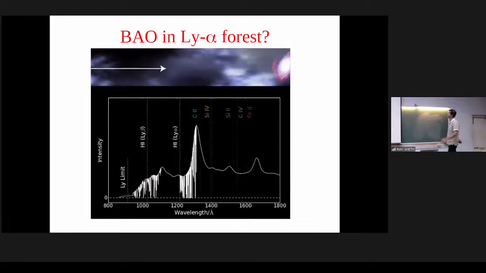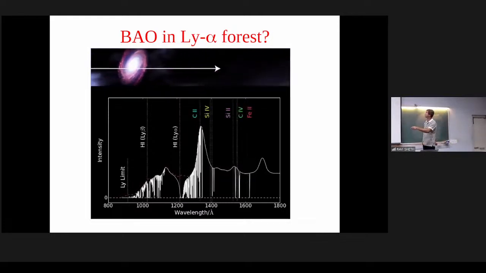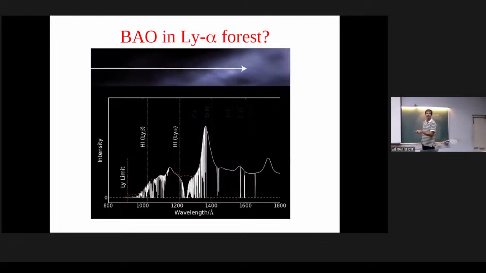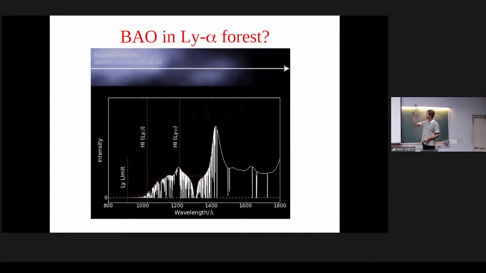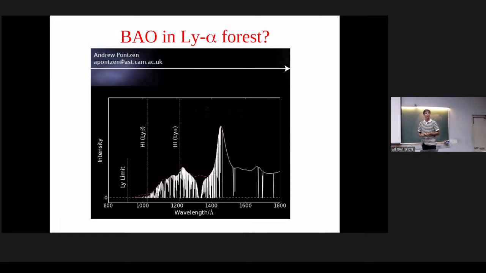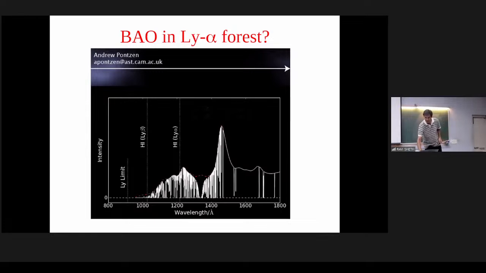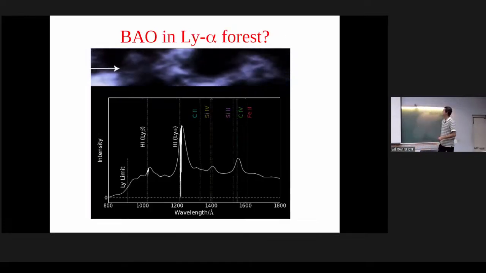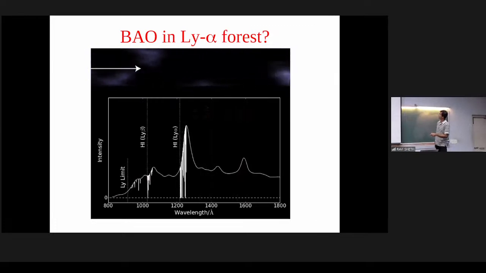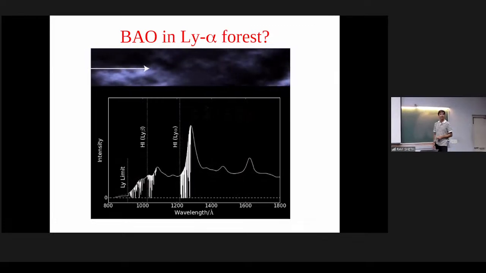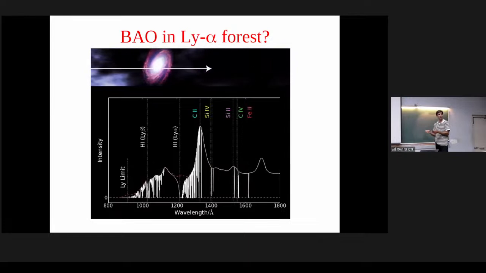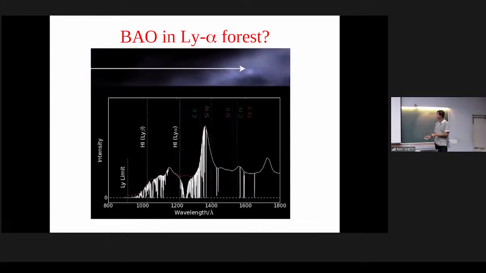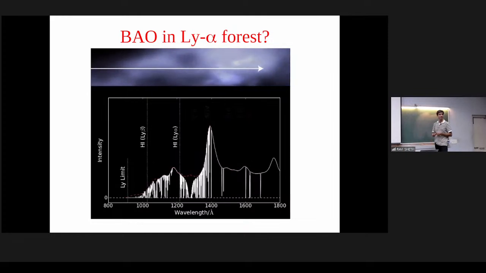You have photons coming from a quasar. Photons are traveling to us, the observer. The quasar had some spectrum. And then as the light from that quasar travels to us and passes through gas along the line of sight, that gas is baryons. So those baryons do some absorbing. Each time it passes through the gas, some photons are absorbed. As the photons travel, the universe has expanded, so all the wavelengths have got redshifted, they've all got longer.